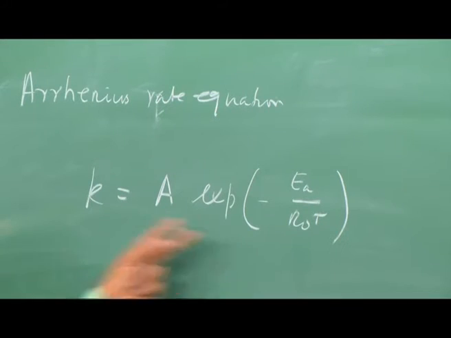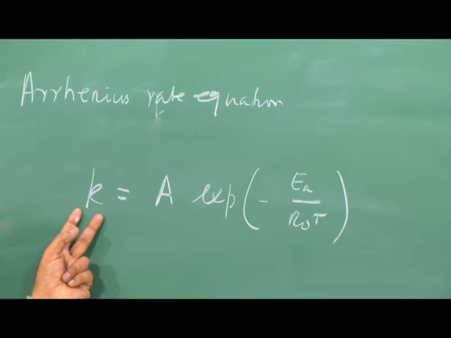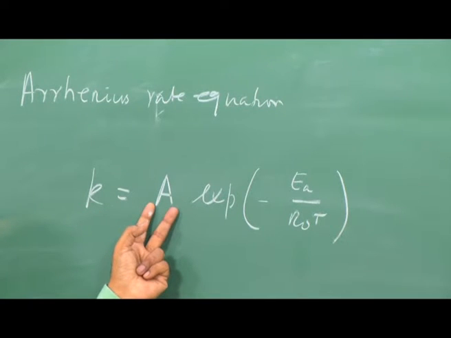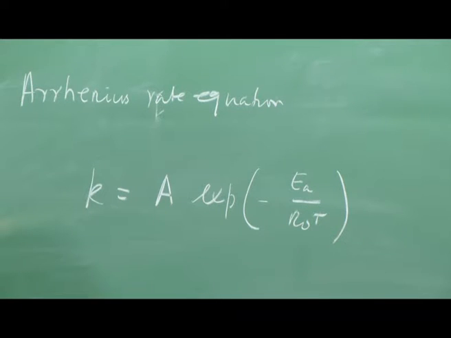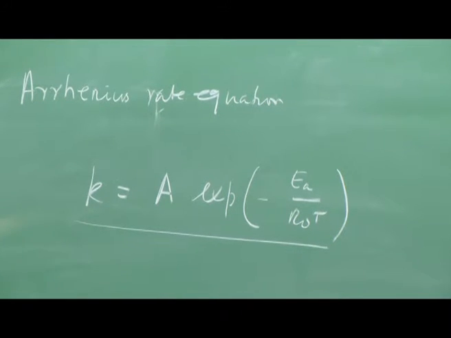As temperature increases, the rate constant increases, and we have this factor A which depends on the order of a reaction. It also depends on the geometry, the angle at which the collisions take place, and therefore it is also known as a steric factor. It also depends on the pressure to a large extent, and therefore K can be represented by this.